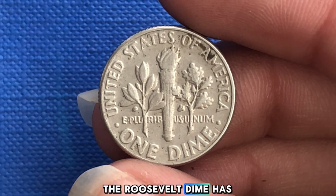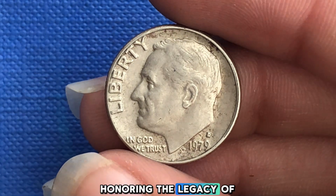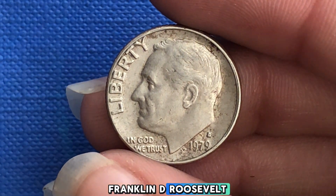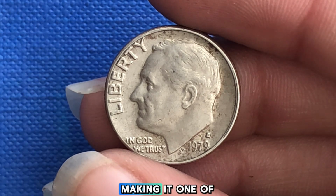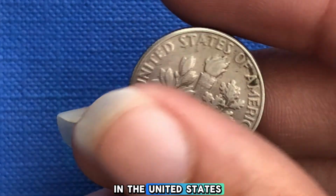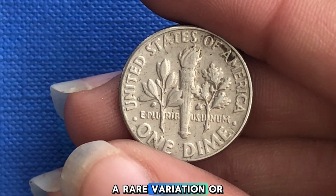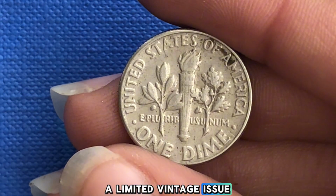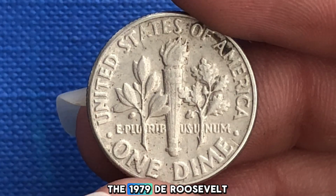The Roosevelt dime has been in circulation since 1946, honoring the legacy of Franklin D. Roosevelt. Over the decades, countless dimes have been minted, making it one of the most common coins in the United States. But every now and then, an error, a rare variation, or a limited mintage issue makes certain dimes stand out from the rest. The 1979 D